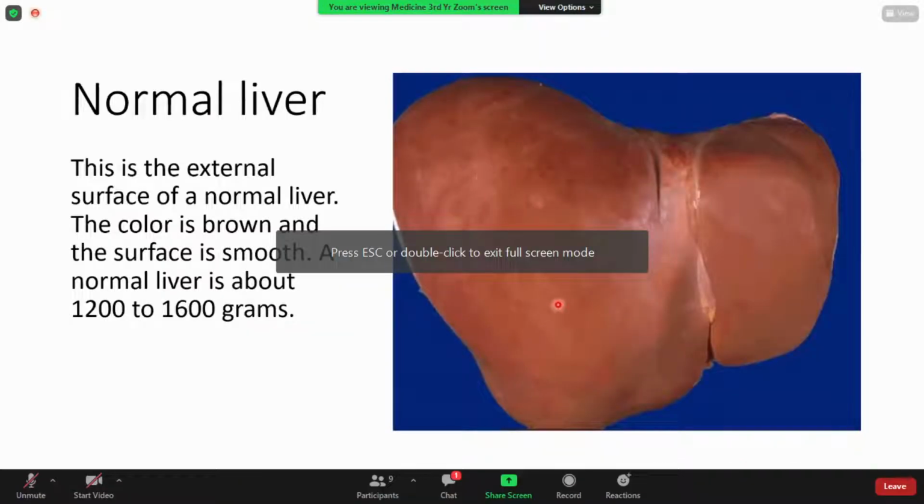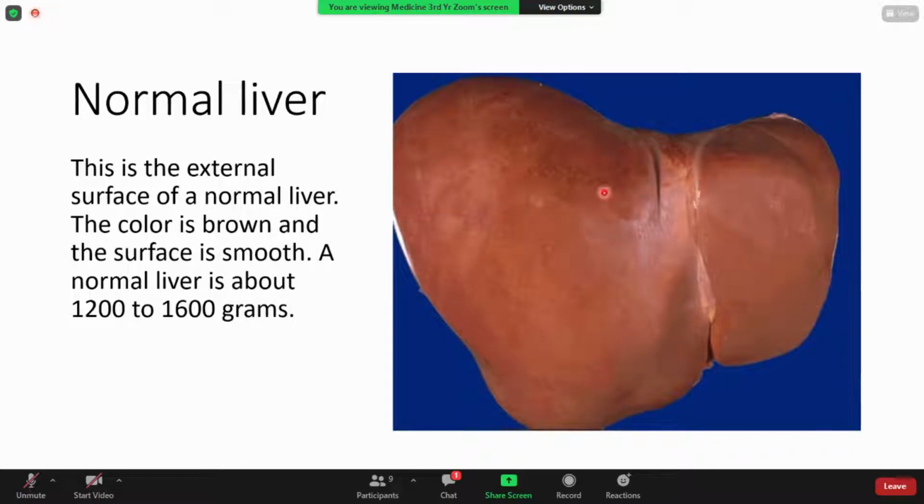So this is the normal appearance of the liver. شايفين كيف شكل الليفر from outside. It has a smooth outer surface. ما في nodularity. Normal size of the liver is